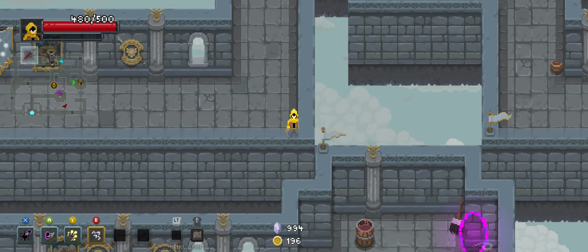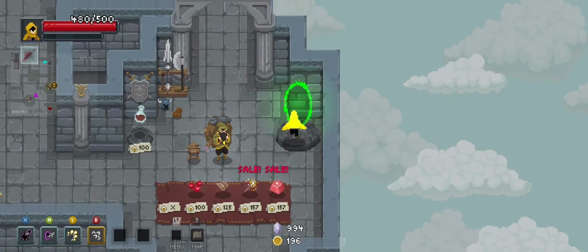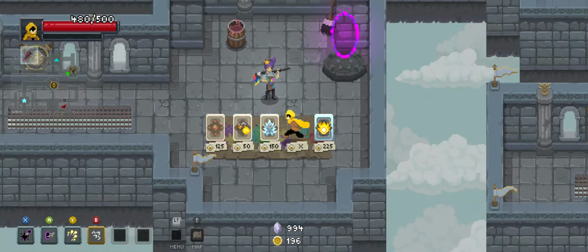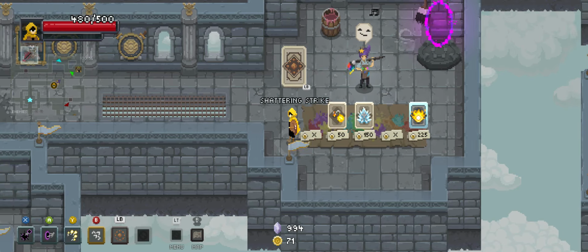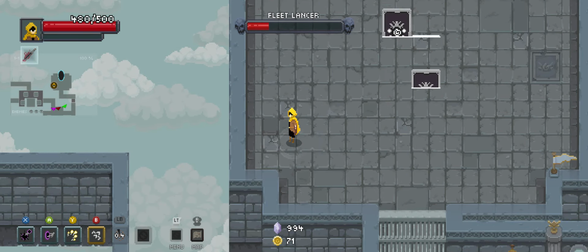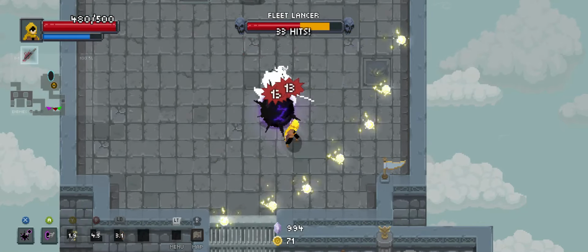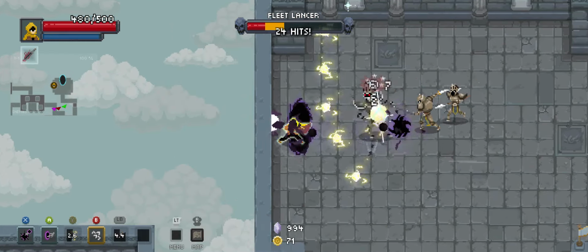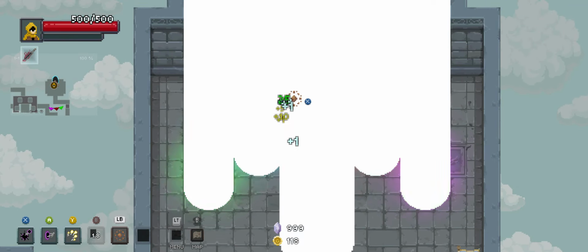Let's see, I was thinking about Shattering Strike. I'm going to hold off on that because that's strong. That's kind of stronger single hit, and I'm working on a melee crit build. At the same time, wait, is that even Shattering Strike? Yes, it is. Yeah, that'll work. Actually, that was a lot of damage. There we go. Alright, this is starting to look like a strong run into...